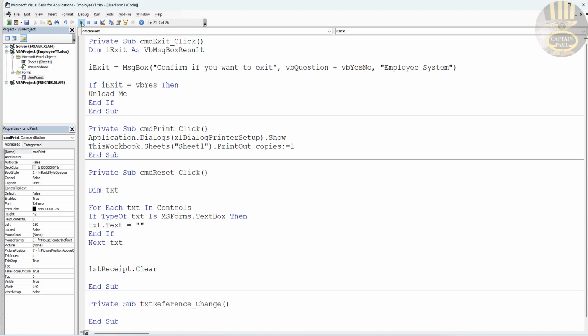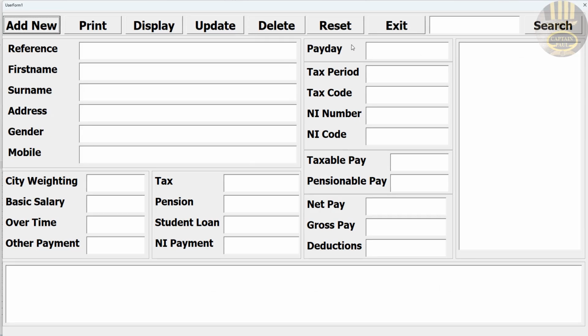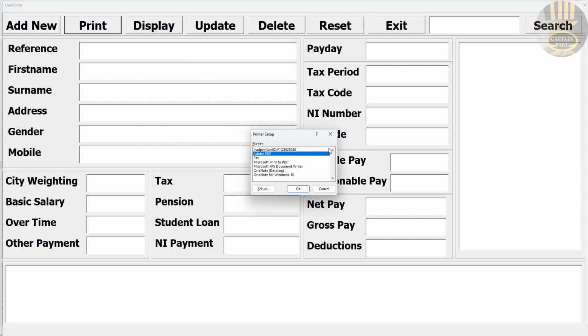Okay, so if I run it now, we can clear, exit, print. Where's print? Okay, click on print. So with that, guys, I'm going to call it the end of the first part of this tutorial. I'll see you guys